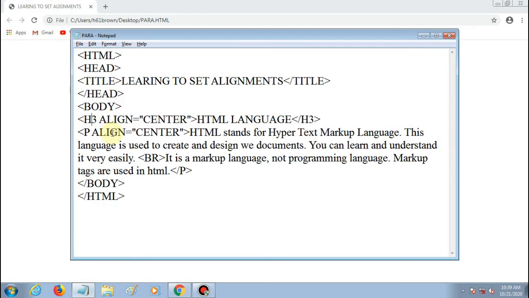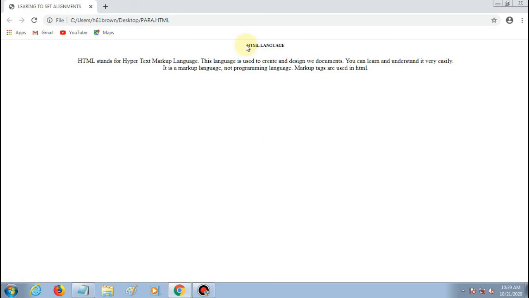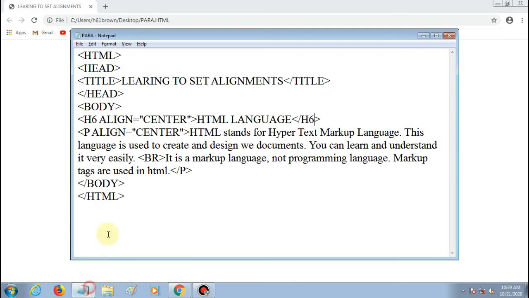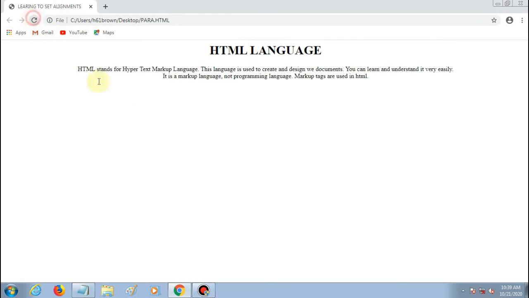So like this you can use h4, h5 and up to h6 you can use the headings. This is the smallest one, h6. Save it and reload. See, the smallest heading. So I am going to use here only h1. You can use according to your need.